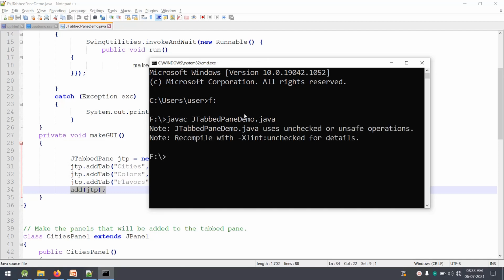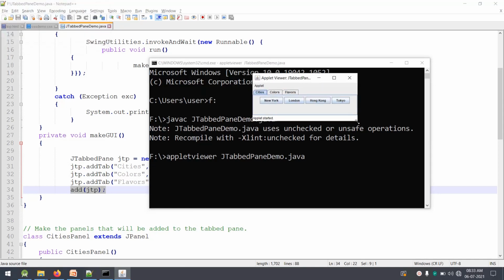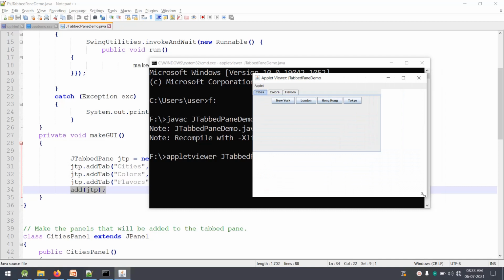Okay, it has got compiled. Once it is compiled we can execute it by using appletviewer, because we are executing an applet here. Appletviewer, the same name, because the applet code is also added in the same file. Now you can see it has executed and we have something like this, the GUI.